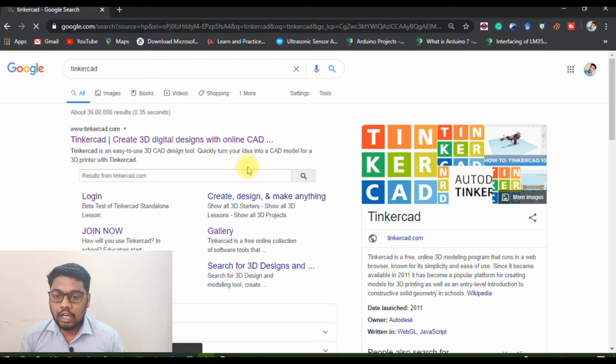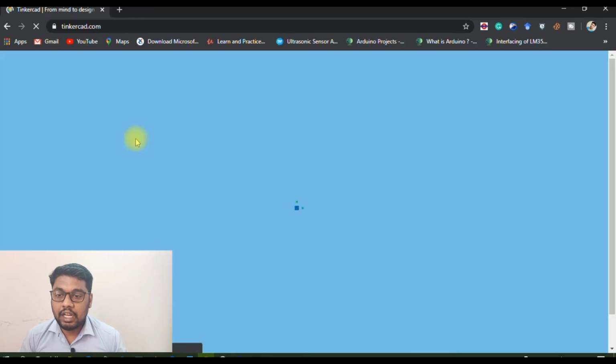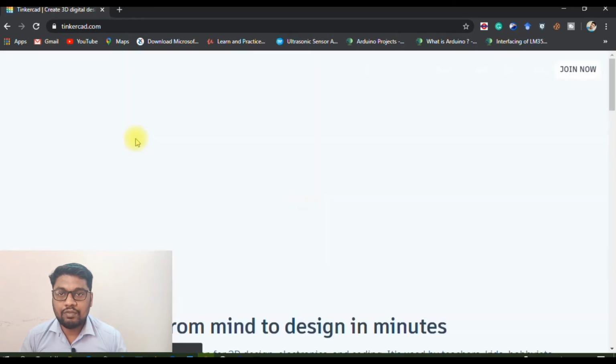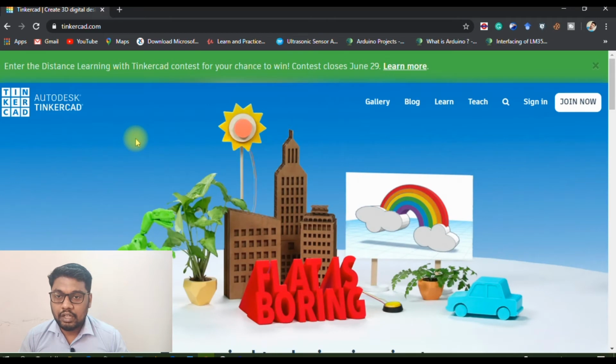As soon as you hit enter, you can see the first link, www.tinkercad.com. Just click on that link once, and it immediately redirects to the official page of tinkercad.com, and you can see the visual GUI on the screen now.